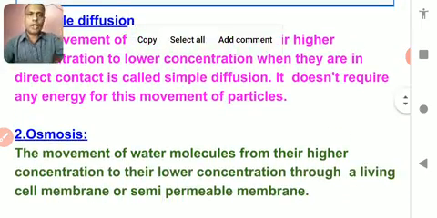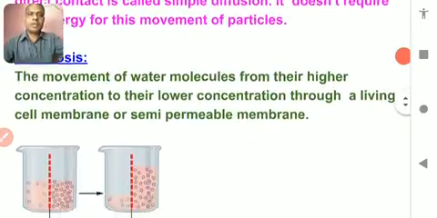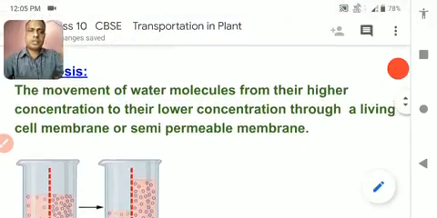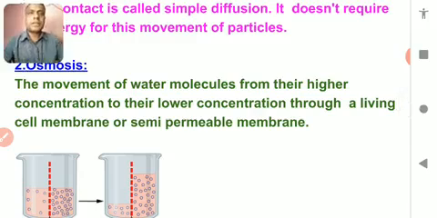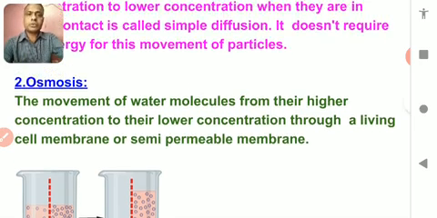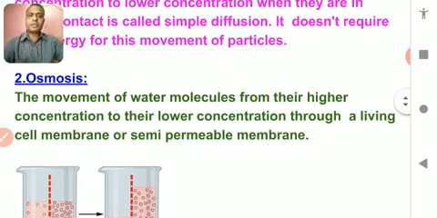We have a lot of terms that we must understand in this chapter, because without understanding the terms we will not be able to understand the whole lesson. The terms mentioned here are the basic processes by which the transportation of water, minerals and also food products takes place. Understood? So the second topic is osmosis.